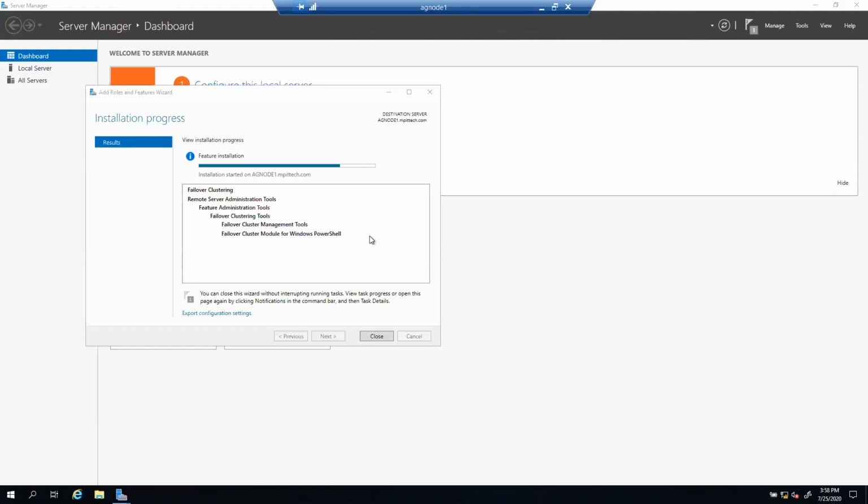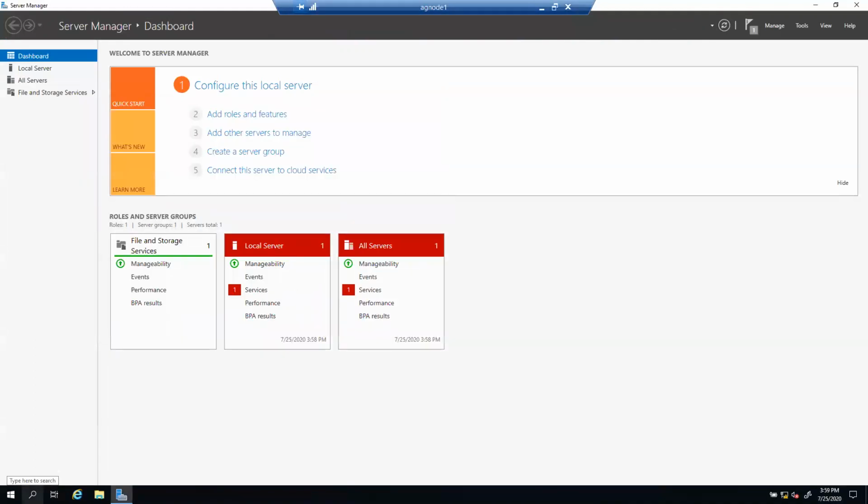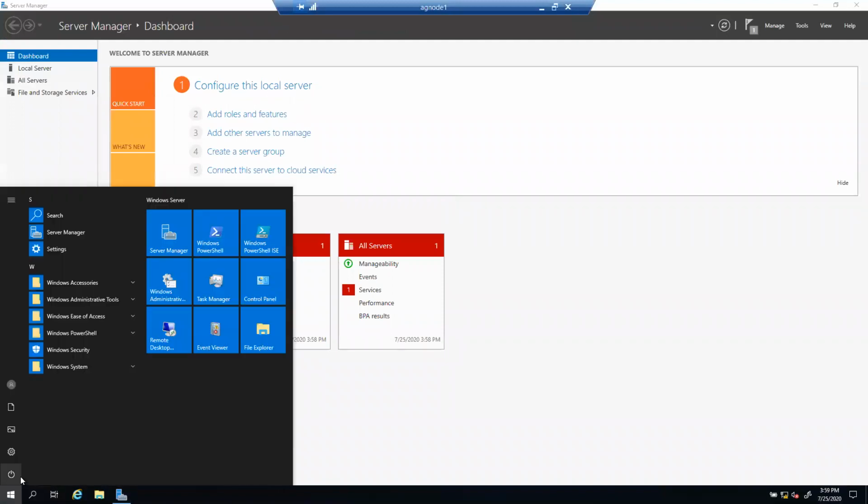It's still installing. Okay, let's connect to, okay, installation succeeded. Good. All right, so at this point, I like to just ping the domain controller just to